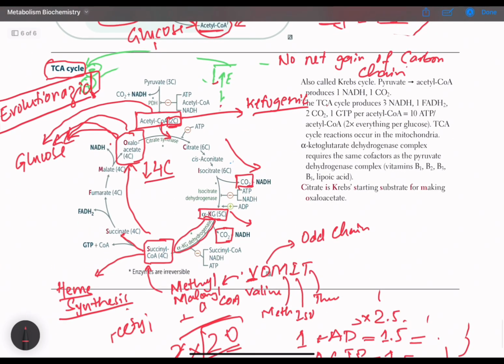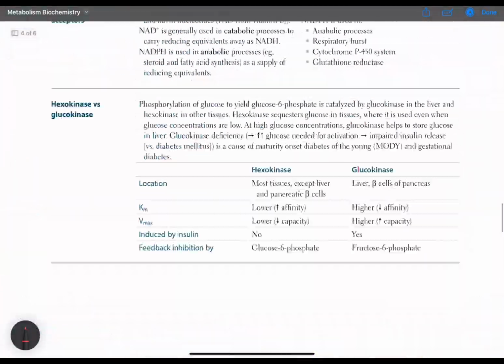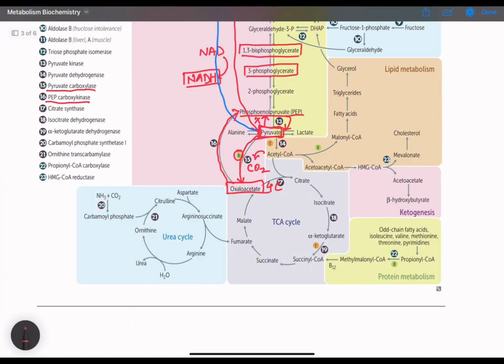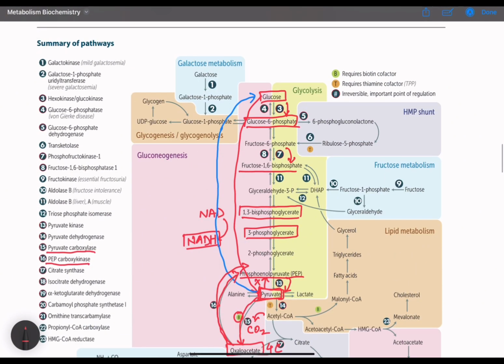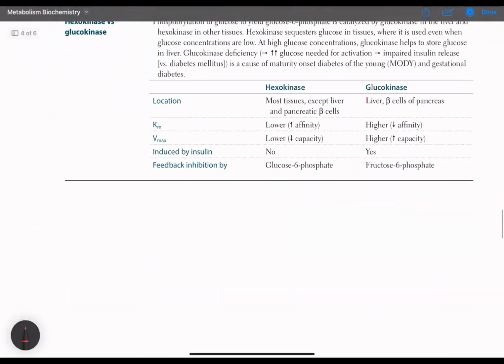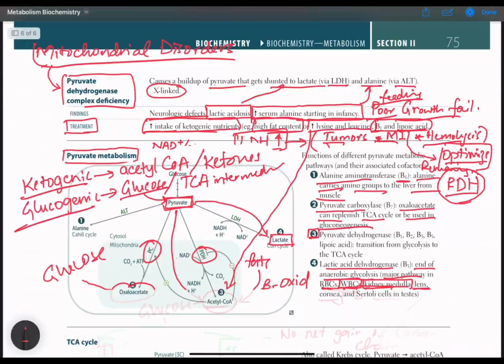So in this way, these substances can be converted into propionyl CoA and further into methylmalonyl CoA, which can be converted into succinyl-CoA. And this succinyl-CoA can be converted into oxaloacetate, and oxaloacetate can be converted into phosphoenolpyruvate, and the phosphoenolpyruvate can be converted into glucose. Now, one last concept to understand is